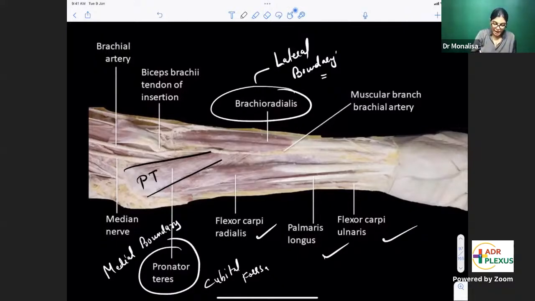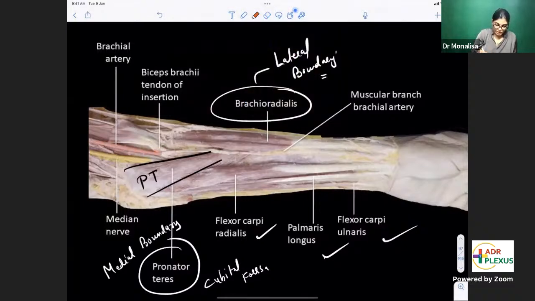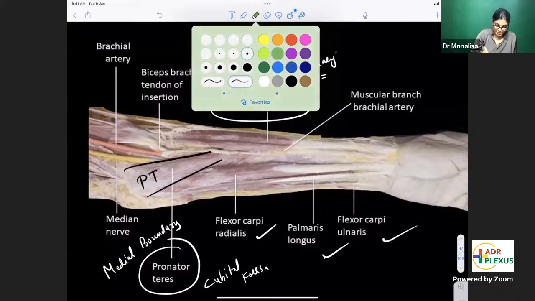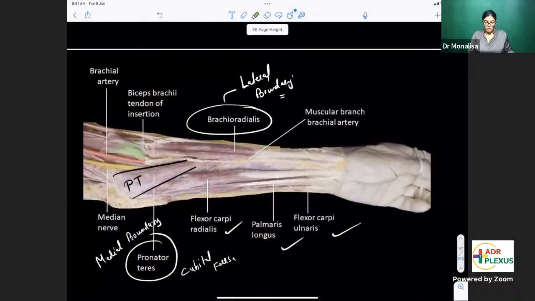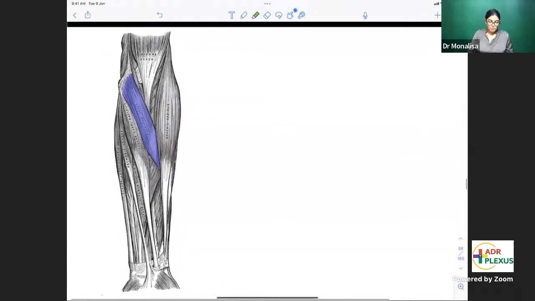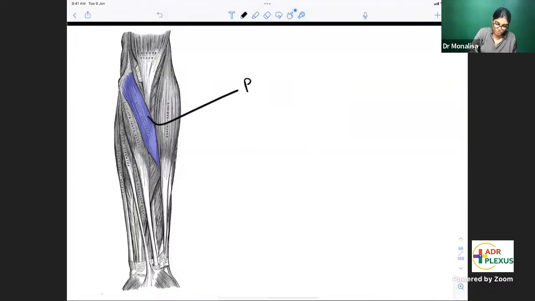Also, you can appreciate in this diagram the median nerve, and you can also appreciate the brachial artery, and you can also appreciate the biceps tendon. Okay. So you can see these structures also. Now, that means we have to know the details of pronator teres muscle, and this is exactly the pronator teres